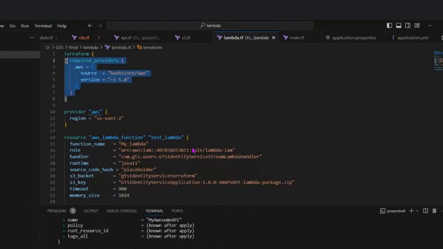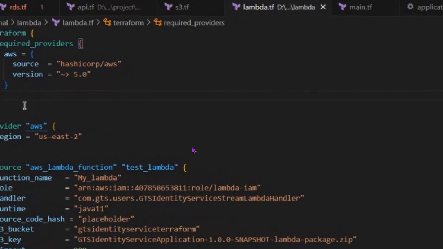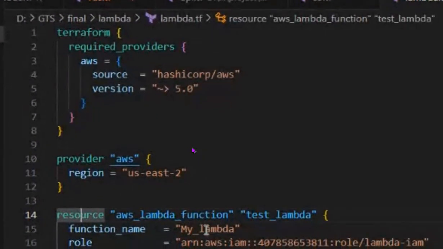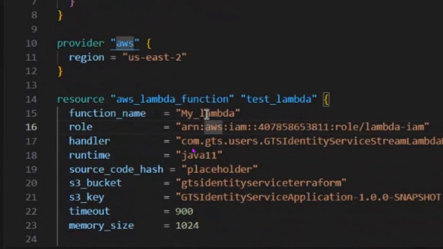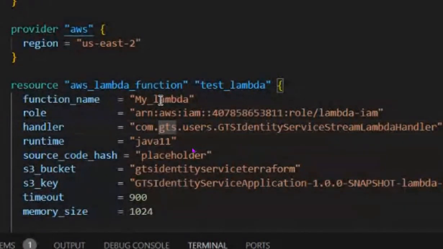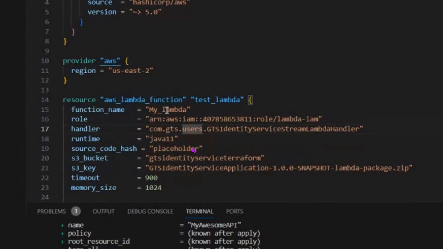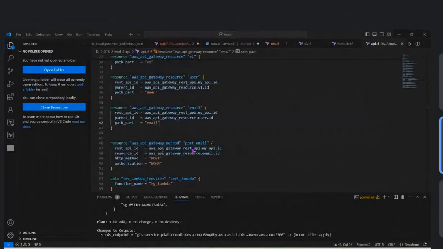So after creating that, we need to create a Terraform. The provider block, provider AWS, in which region we have mentioned, and the resource block, Lambda function, Lambda name, IAM role. We are using IAM role, and the handler name, home.user. So how this handler name is extracted in the sense, if you go into this